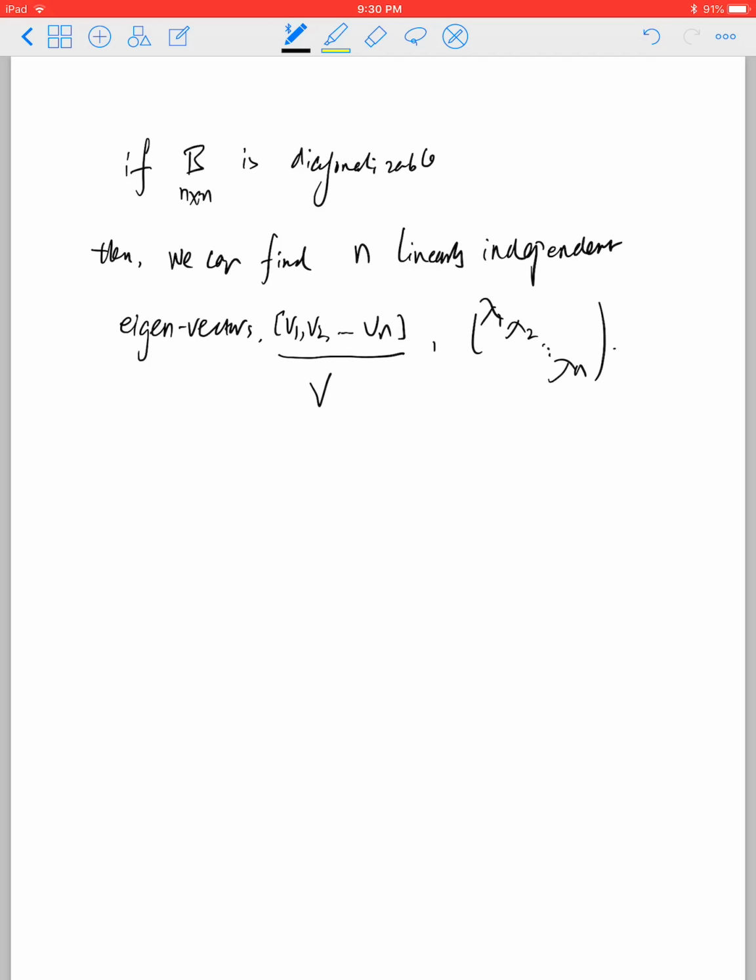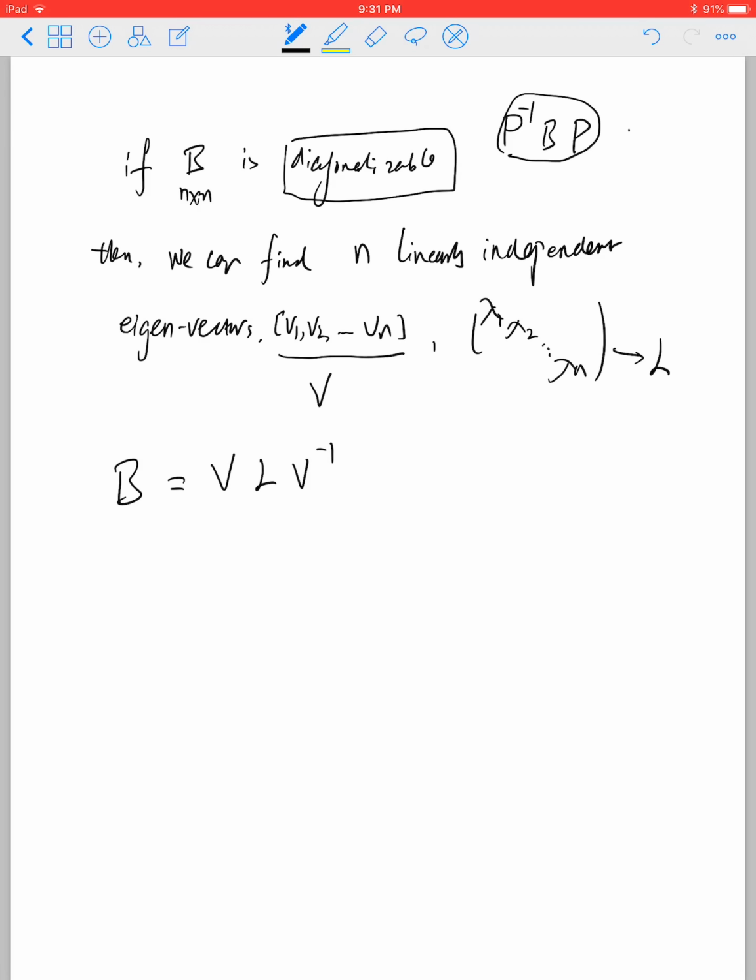And then, given the eigenvector and eigenvalue, we introduce the eigendecomposition. To have an eigendecomposition, the square matrix must be diagonalizable. So if the n by n square matrix B is diagonalizable, then we can find n linearly independent eigenvectors,